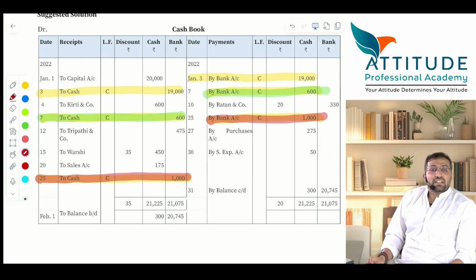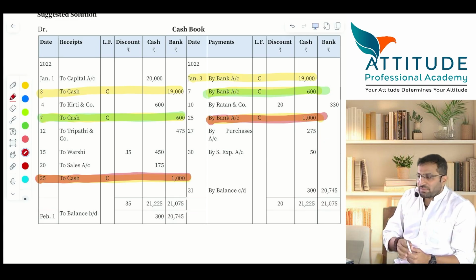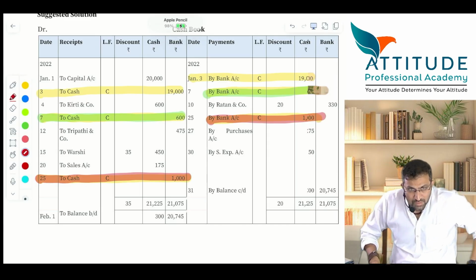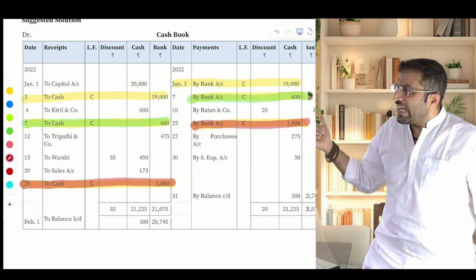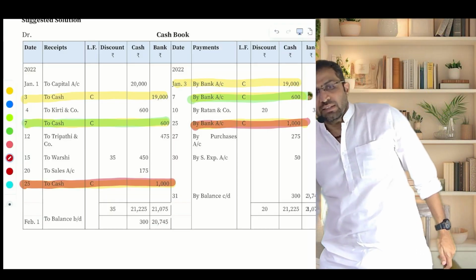Any difficulty? So this is what? 3-column cash book. Now concentrate here. Petty cash book. What book? This I'll give you time to work out. First I'll finish off petty cash book. Okay? Now